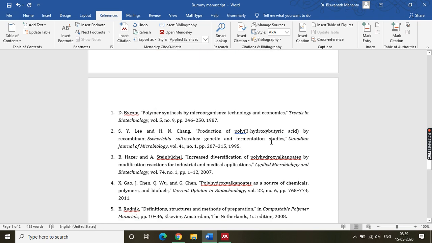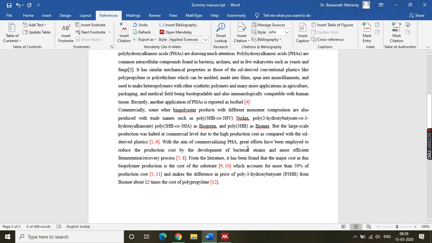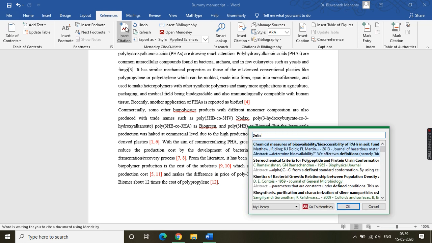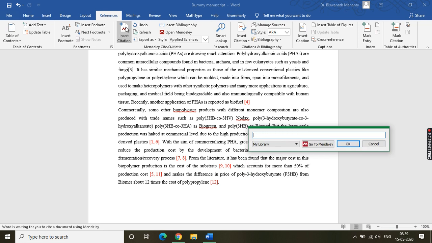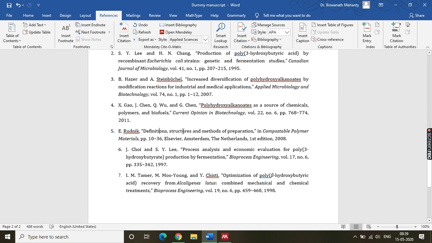So the fifth paper is, for example, this one. I want to copy. Fifth paper I want to put here, maybe here. So insert citation, you try to paste it, search, maybe somewhere a spelling mistake or I have not added. Let's see again. I'll just cancel it. Fifth paper, have we added?